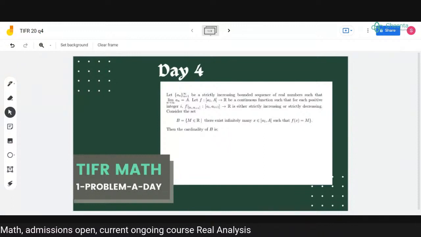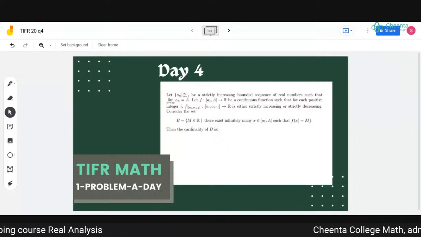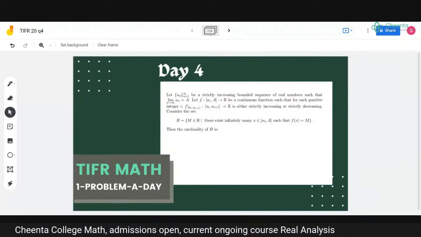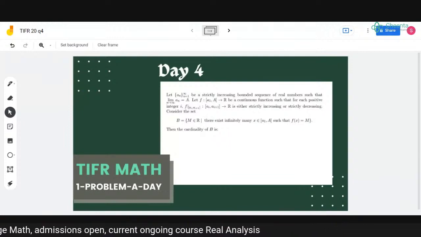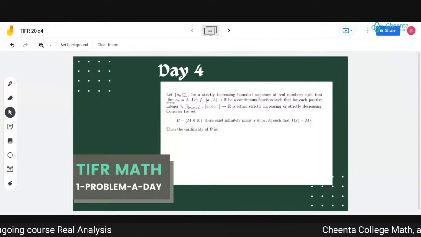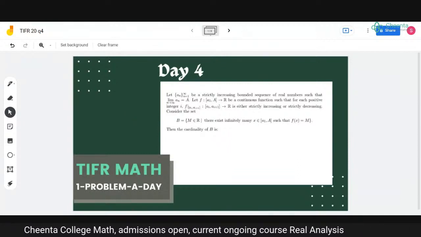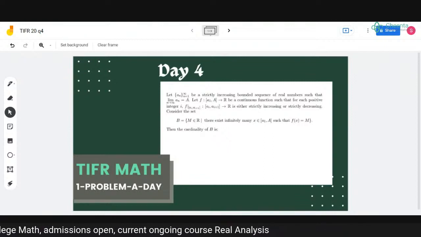So today we will be discussing TIFR 2020 problem question number 4. It is stated like this. If you look at the question, then: let a_n be a strictly increasing bounded sequence of real numbers, so that the limit as n tends to infinity of a_n is a,